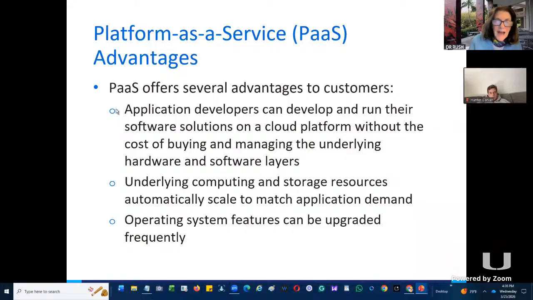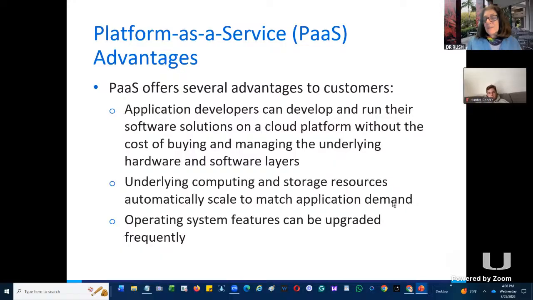And then they have here platform as a service. What are the advantages? My developers then can run those software solutions on a cloud without what, Hunter? We don't have to lay out all the cash to buy all that hardware and software. And what can we do? On demand. That's the key. It's really a busy season for my software developers, right, Hunter? We may be from January to June really doing our work. And then guess what? July, August, and September, you're going to give them what? Vacation. You give them vacation.